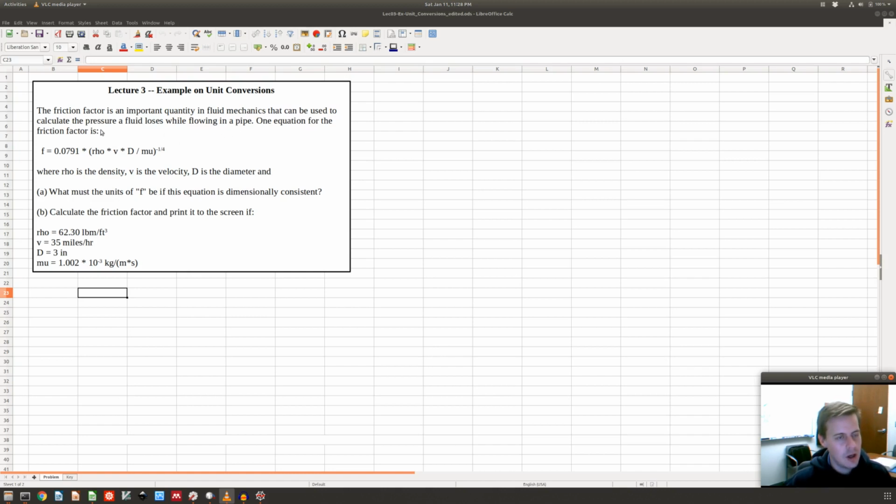So this is an equation we're going to try and calculate using the given units. The friction factor is an important quantity in fluid mechanics that can be used to calculate the pressure that a fluid loses while flowing in a pipe. One equation for the friction factor is this equation here, where rho is the density, v is the velocity, d is the diameter. And so the question is, what are the units of f if this equation is going to